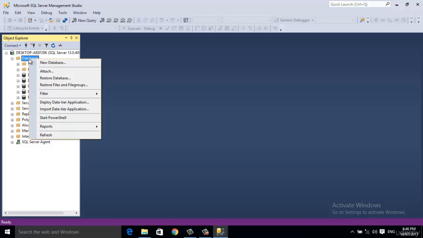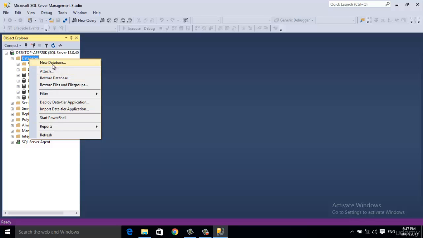It will show you options to perform different types of operations like creation of a database, attaching or detaching a database, restoring a database from backup, restoring files and file groups, applying different types of filters, deploying or importing a data-tier application, starting PowerShell, providing different types of reports, and the last option is a Refresh option, which will refresh the different databases of Microsoft SQL Server.